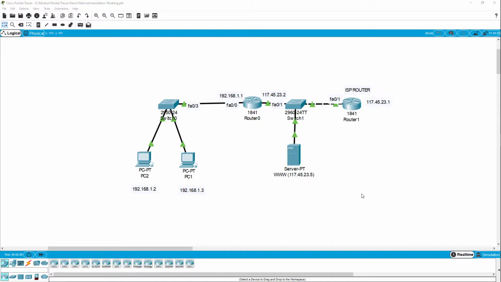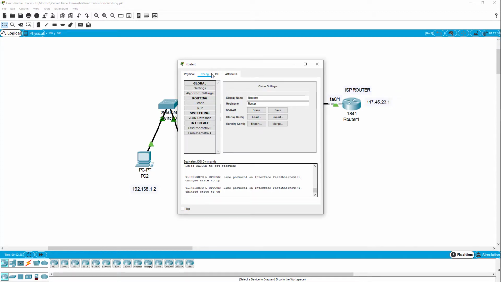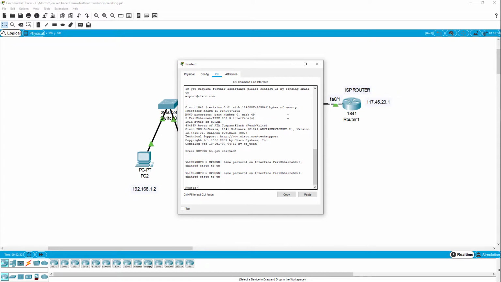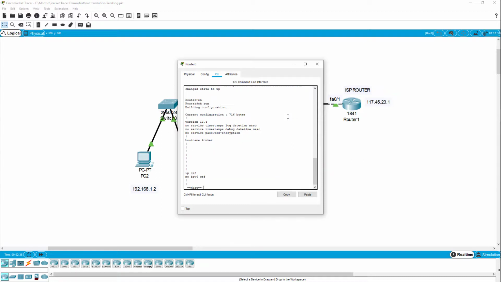Welcome back to Lee's Demos. I'm going to do an example of network translation. So here we have a network on our left using a private class C address. On the right, we're using a public address simulating the internet. So if we go into the router, let's just go to the CLI real quick. So if we do enable, show run,